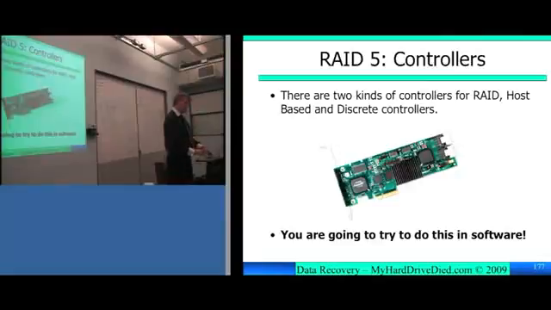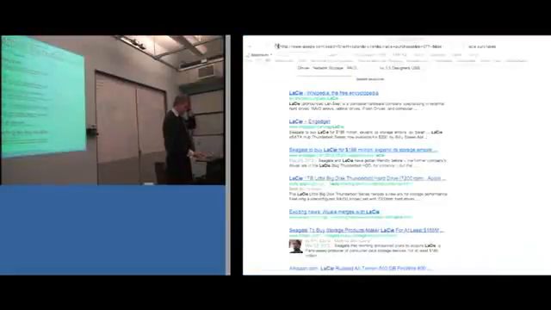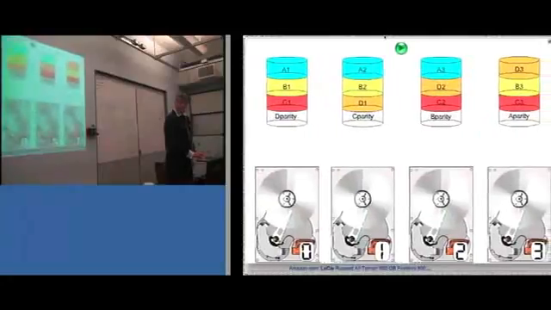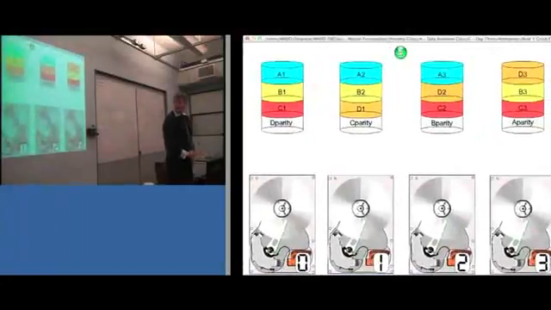So we're going to do this in software in a RAID controller, but I'm going to show you an animation that at least makes this a little bit more exciting. I used to use this when I needed to sell a server to the client, and I said, this is going to be your solution. Okay, so this is my